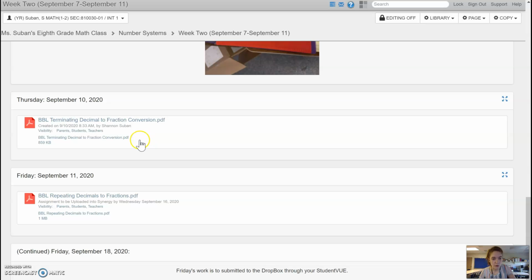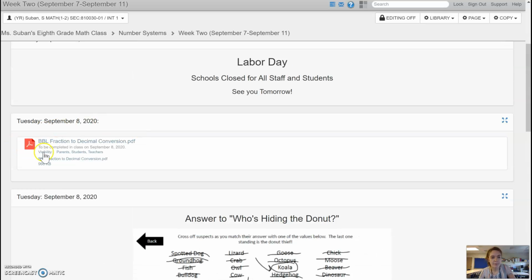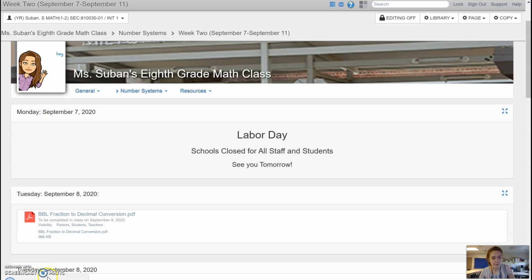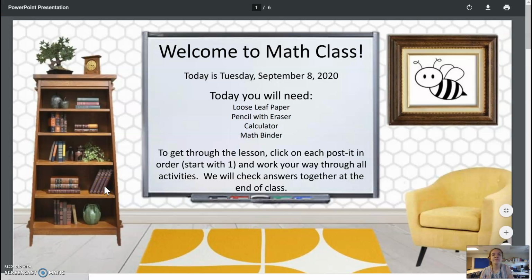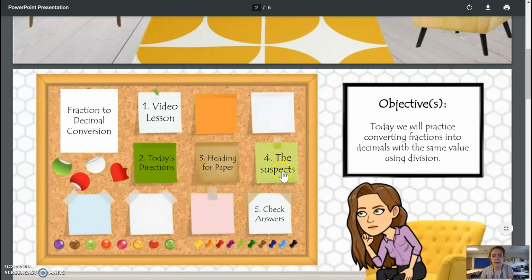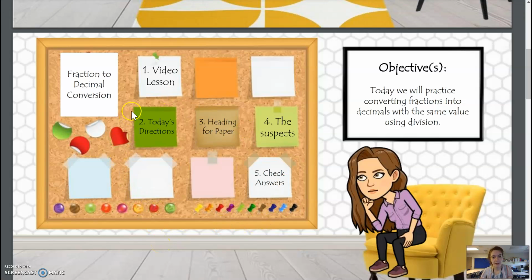Let me go ahead and show you an example of an activity that we did using a BBL, which stands for bulletin board lesson. So here's the first bulletin board lesson that we did this year. Here's an example of the welcome screen. This is before we had our warm-up sheets. Then the students will be greeted with a bulletin board. That's why I call it a bulletin board lesson.